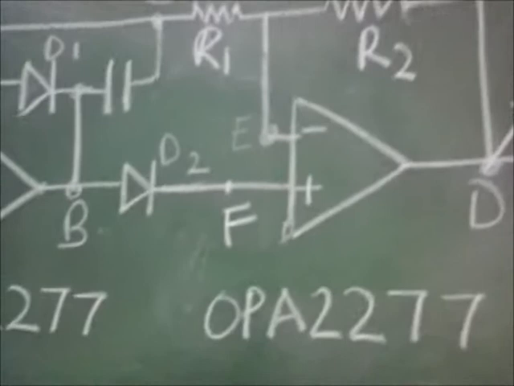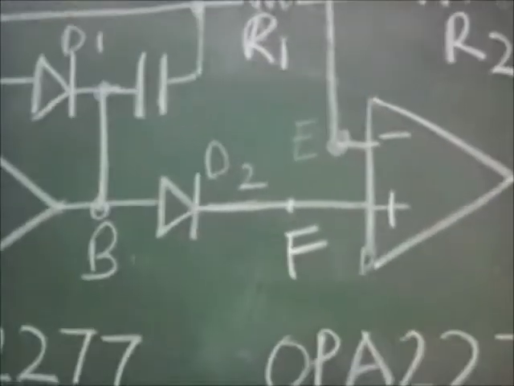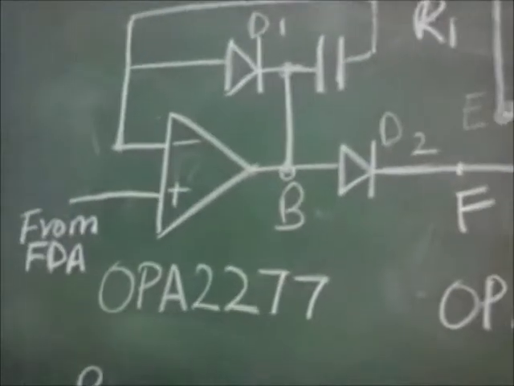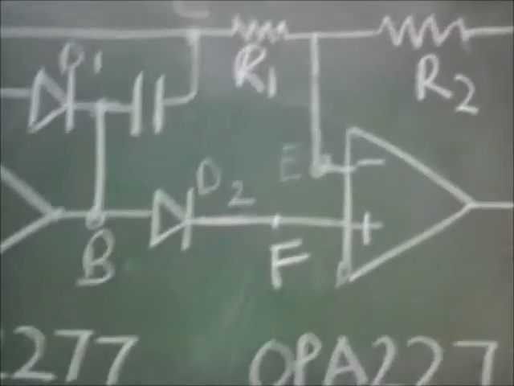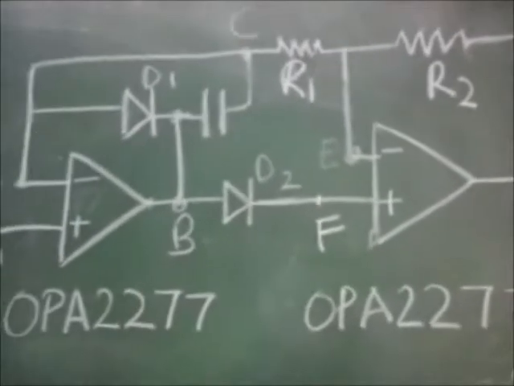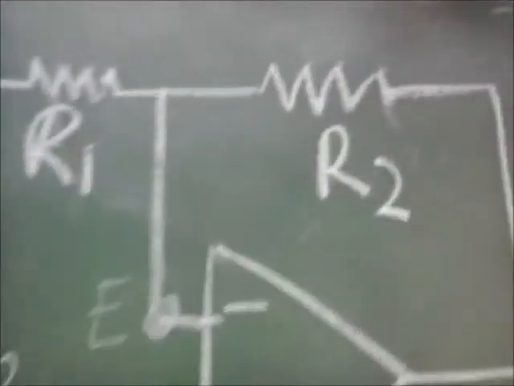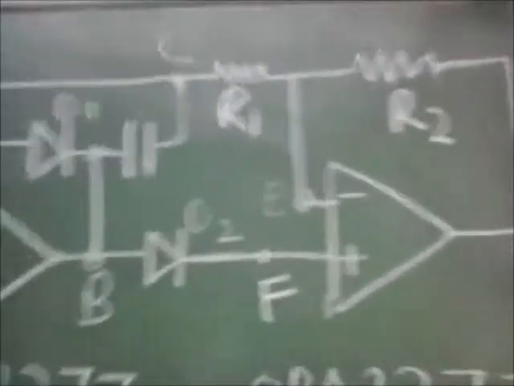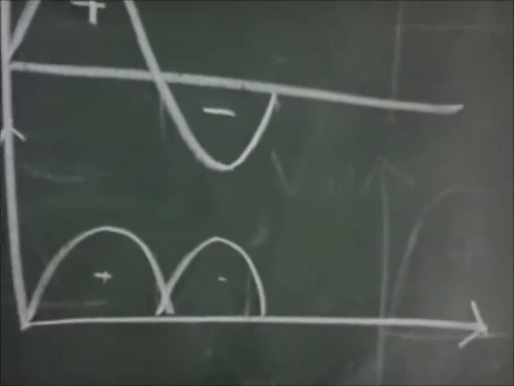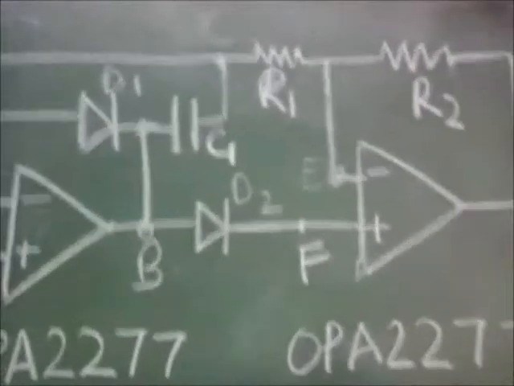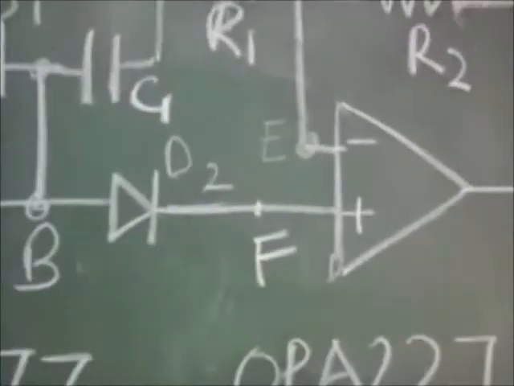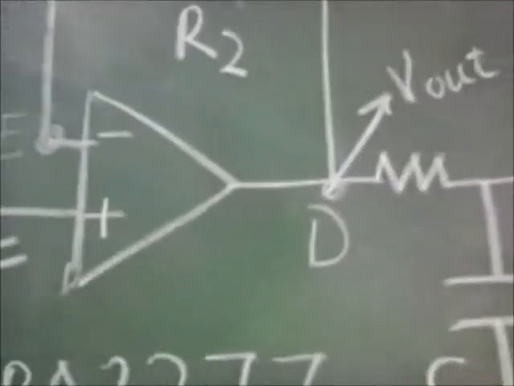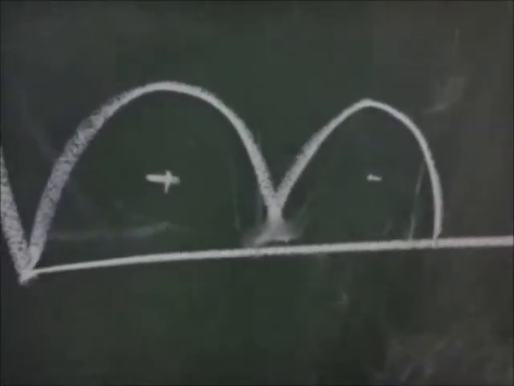During the negative cycle, both D1 and D2 become reverse biased. The non-inverting input of op-amp 2 will be almost at zero potential and the inverting input will be driven by the input voltage Vin. Hence op-amp 2 falls under the inverting amplifier configuration. If we set the feedback resistor and inverting input resistor equal, then Vout will be inverted Vin. Hence during the positive and negative cycles of the input, the output is always positive. Compensation capacitor C1 is used to keep the circuit stable with the second op-amp in the feedback loop, and hence the rectified output is obtained.